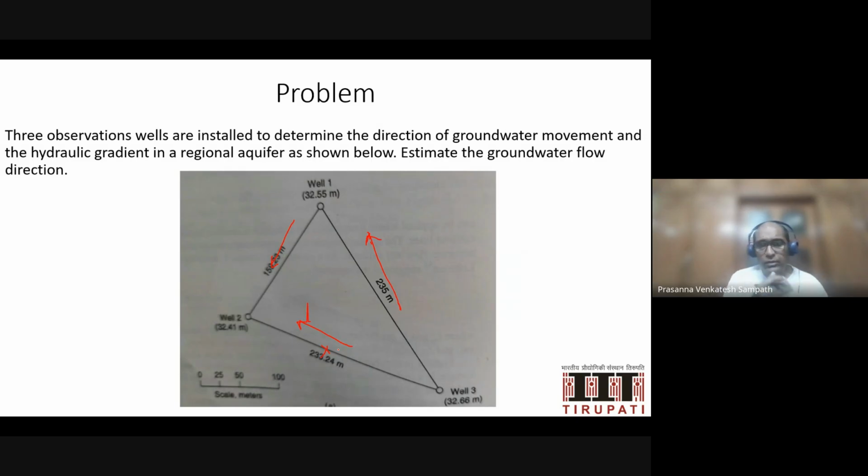Actually, closer to where? What's the midpoint between the two? 12.5. It would be closer to, anyway. So somewhere here would be 32.55. Agreed? And if these 2 points are at the same elevation, then you can draw an equipotential line. An equipotential line is basically a line that connects 2 points that have the same total head, right? And once I know the equipotential line, I can figure out that the flow will be,